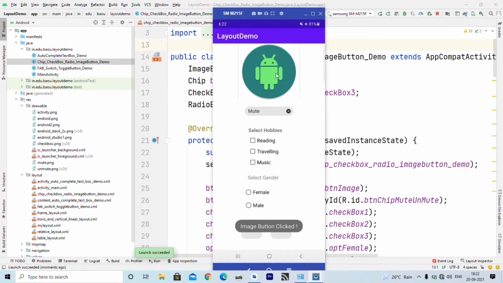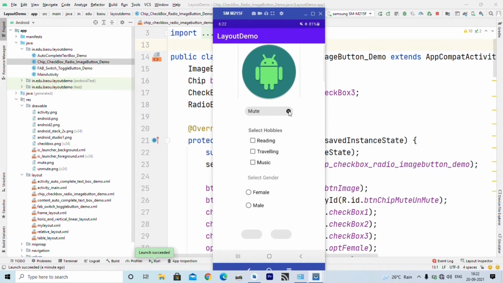It displays "image button clicked" and my image is changed. So that is what we wrote inside the code. Now if I click on this, it says mic muted, and now you can unmute. Again if I click on this, the text is changed to mute, and it also displays mic muted.